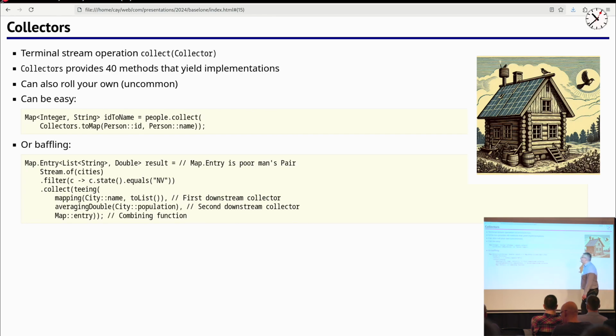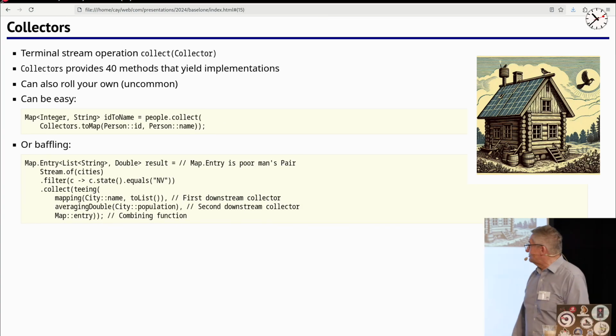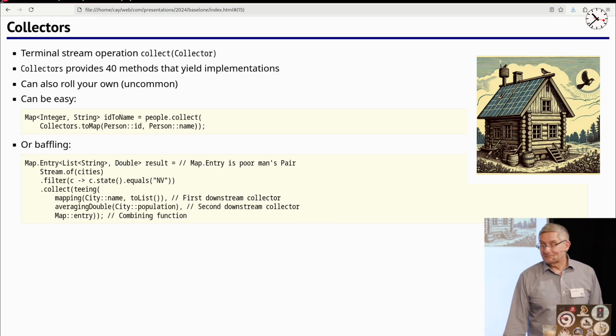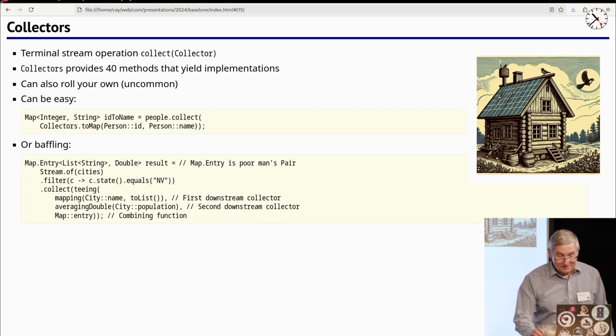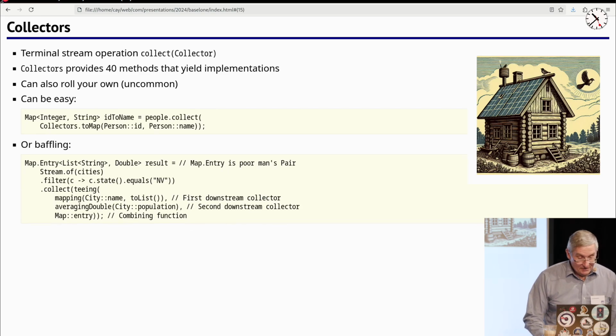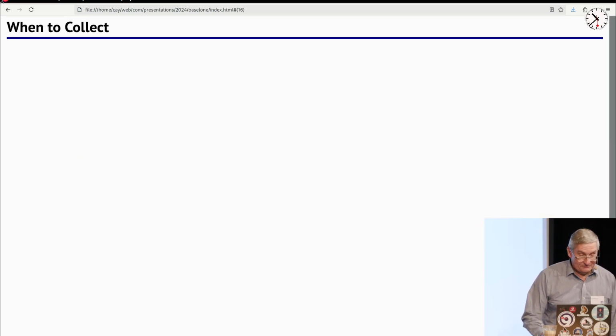I needed an example for the teeing collector, because in a book you need an example for everything. And so this was the simplest thing that I could come up with. And the next sentence was, you probably don't want to use the teeing collector, because it's always going to be in a complicated situation like that. I'm sure there's a reason to use it, but I don't think it's a commonly used thing. So it's the same kind of thing.